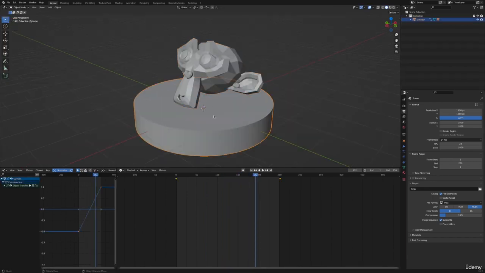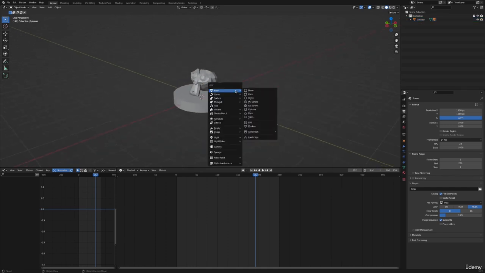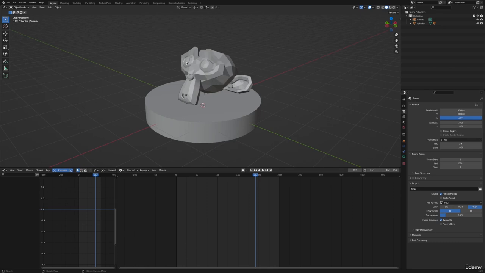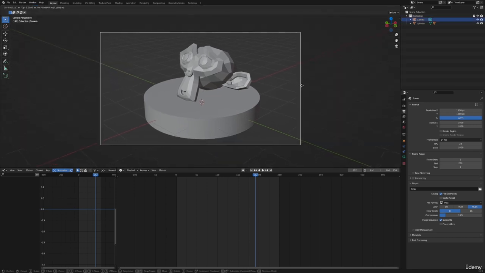Here's a little trick. What if you don't want the object to move, but want the camera to move around the object or around the center of the scene? Well, first of all, we have to add a camera because we don't have one at the moment. For example, if you want the camera to look roughly at our scene from this angle, go to View, Align View, Active Camera to View. Now you can see our camera view